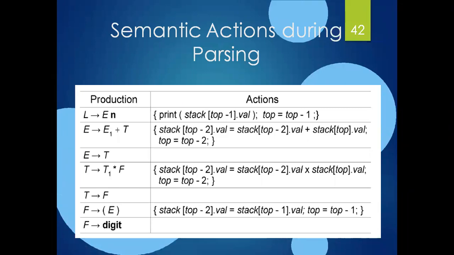So now I am writing the semantic actions. Whatever production I am taking, here production number 1 is L tends to E. N is a constant, no need to bother about the N. If you have terminals, no need to write the stack implementation for those terminals. That is, you don't need to perform any type of semantic action for the terminals. Only for the non-terminals you need to perform. N is a constant. But L tends to E. What does it mean?